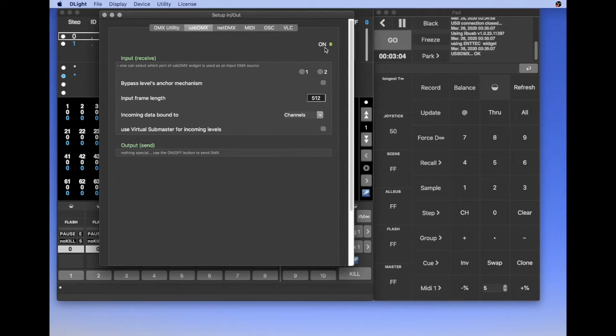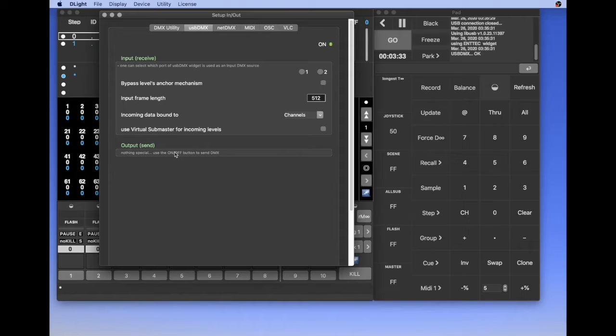Okay, and automatically, at least on macOS, the USB DMX server is going to on. You can see that here in the main pad that USB DMX is okay. Now I can switch it off and switch it on again.